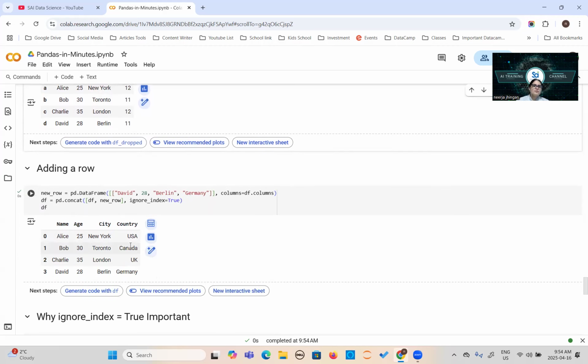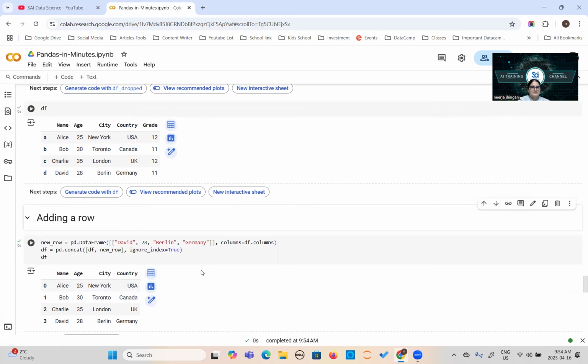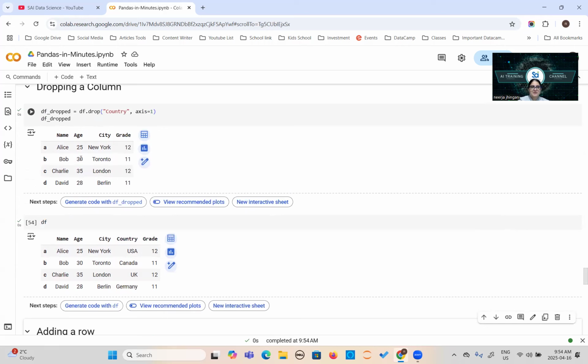If you want to add, now we can check it here again. See, you will say, Nirja, you have recently dropped, why is it coming again? Because we did not make a permanent change actually, right? We are creating a new data frame here, df_dropped.